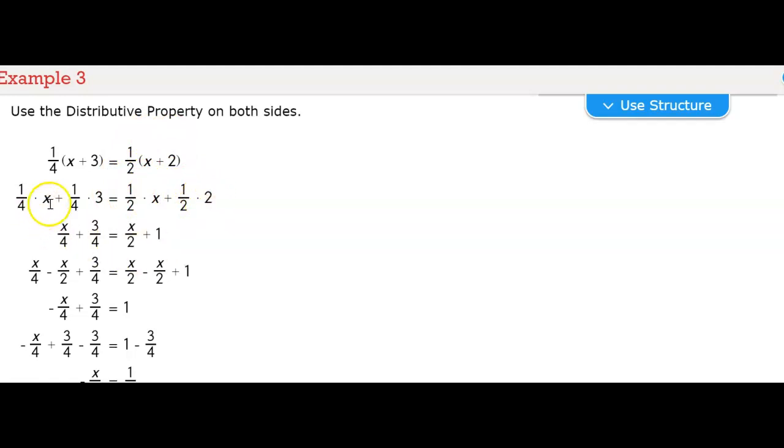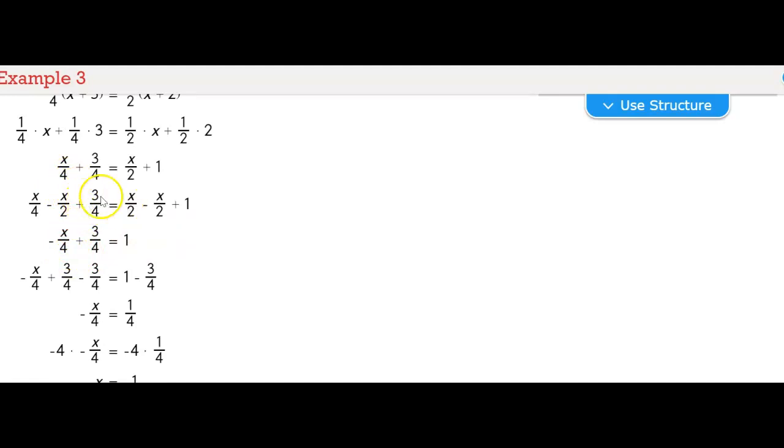Then we combine those, well, simplify it first. So 1/4 times x is x over 4. And then 1/4 times 3 is 3/4. Then 1/2 times x is x over 2. And then 1/2 times 2 is 1. Then we are going to